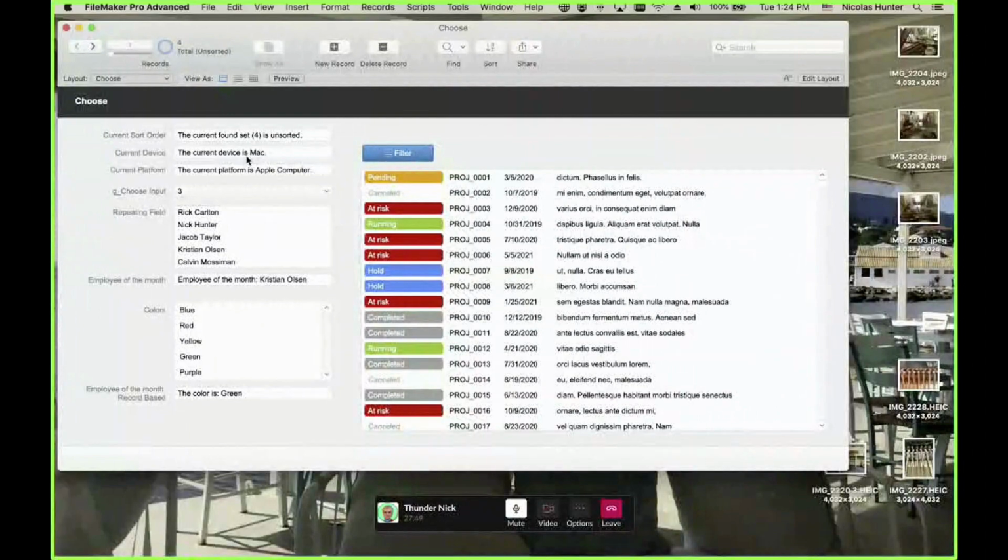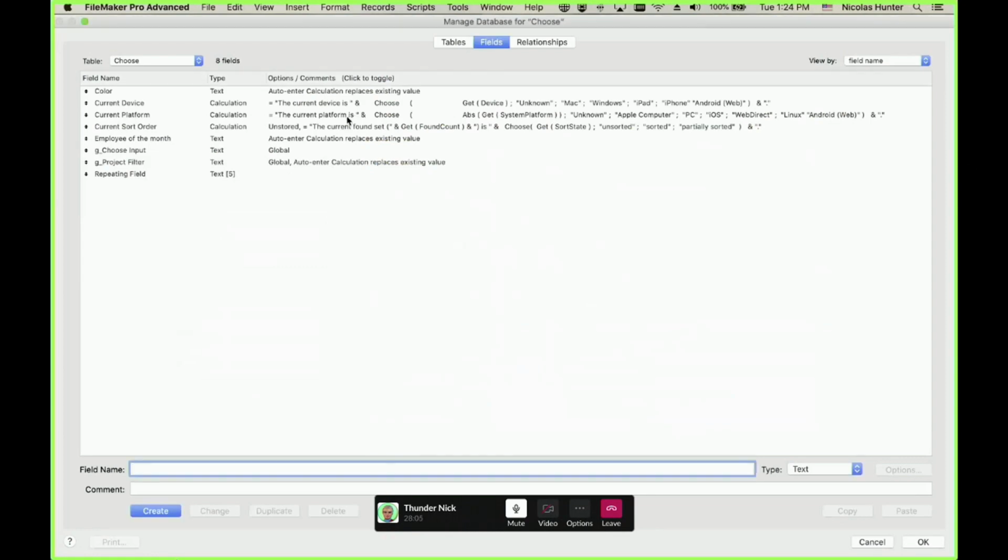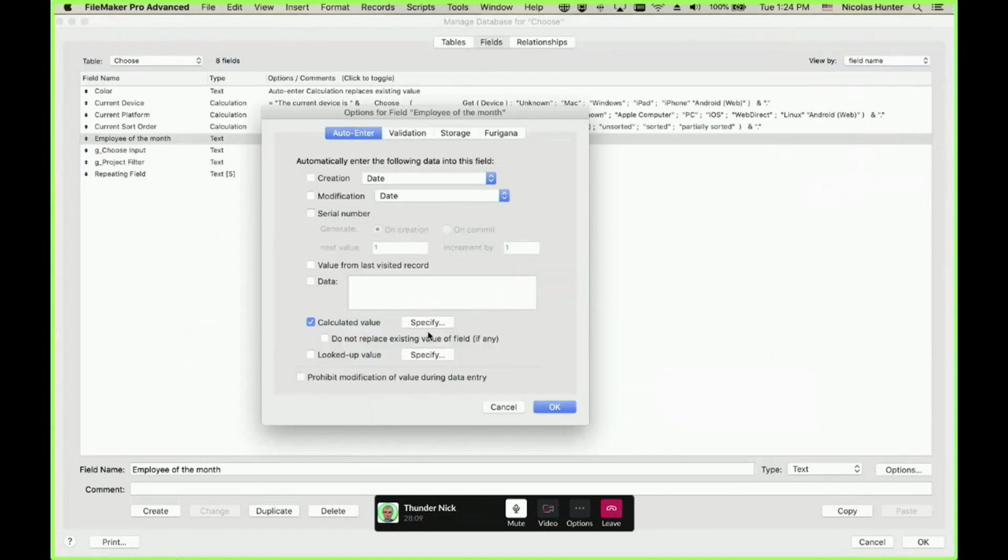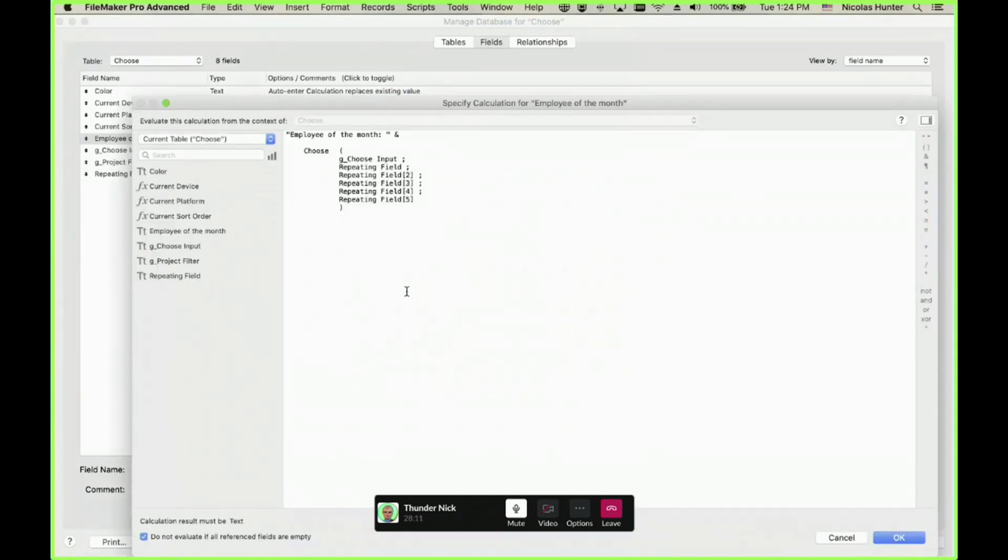Now remember, you should be master of repeating fields by now. Let's say I have a repeating field here, and I have people in the repeating field. And I want to use a repeating field in the choose. So you can do that. I call that employee of the month, and I use the choose with repeating fields. I get the repeating field number 1, 2, 3, 4, 5.